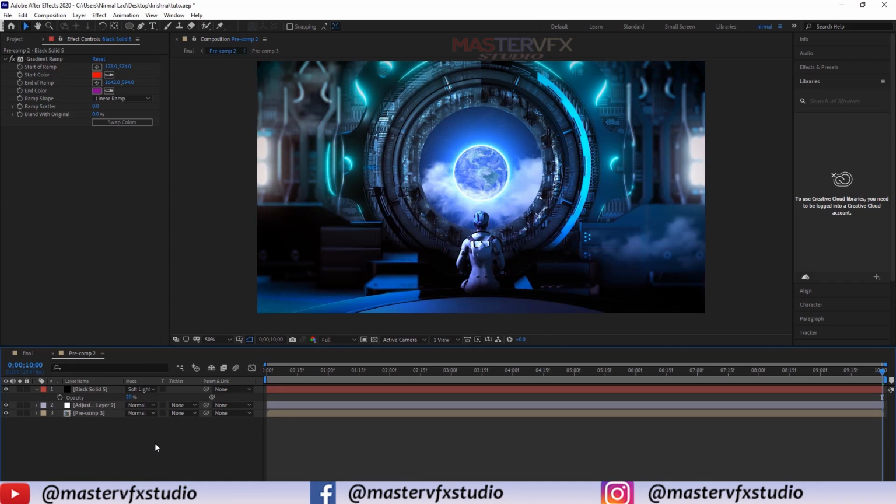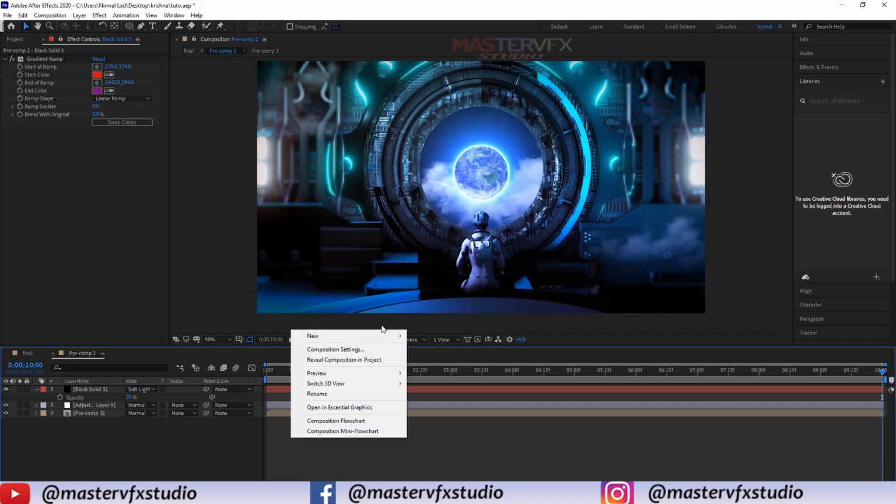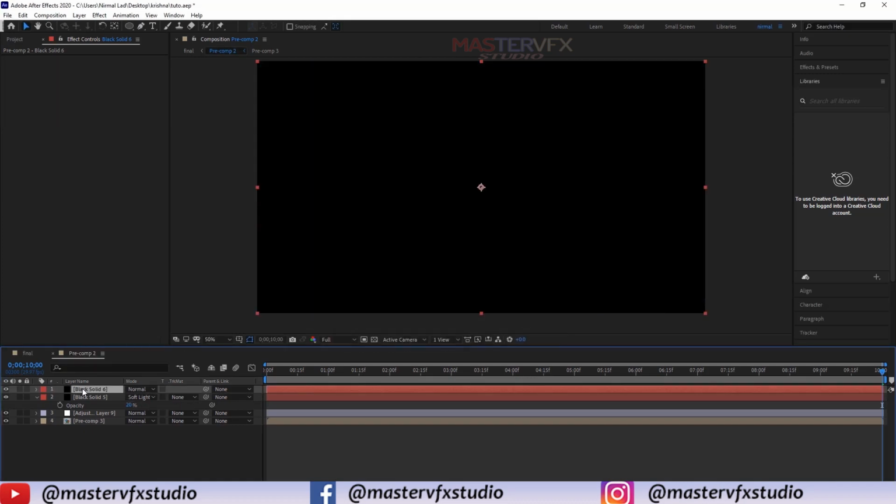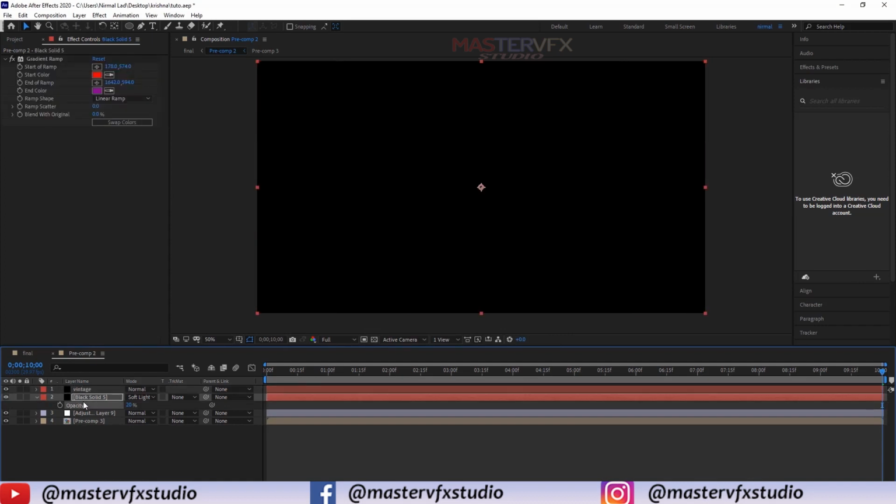Now guys, further we are going to create a new solid. So right click, new solid, make it black. Okay, so rename it to vintage, and this also rename to gradient.